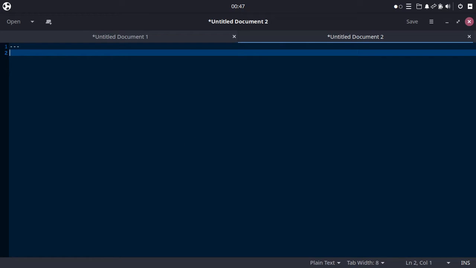Okay, now each play must have at least managed nodes to target, or we already created groups in the host file in our inventory, so we can use the group name there. It must have at least a task, and then I suggest you also have handlers. What are handlers? Handlers are basically tasks that will run if there are changes on the managed node when we run the Playbook.